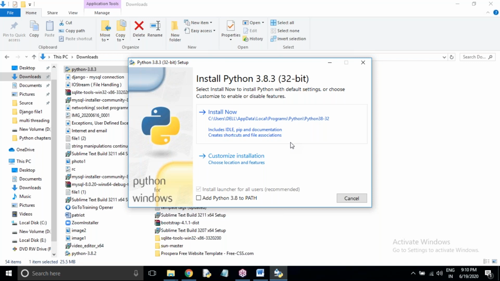I think in yesterday's class I told the difference. In Python, the int data type is there. I'm telling you one example. If I'm using Python 32-bit, then int 32 will work.